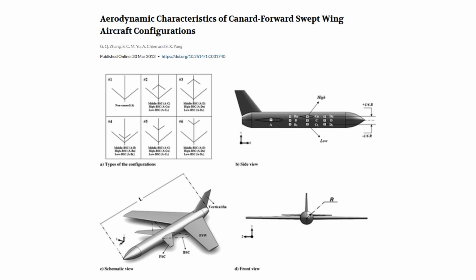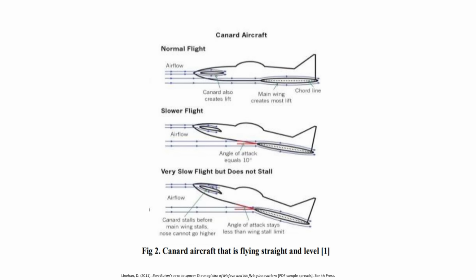The requirement for the canard to be the first wing to stall requires that the main wing never reaches its critical angle of attack. And because we can't hit this critical angle of attack with the main wing, and hence cannot hit the CL max of the main wing, we have to increase the wing area of the main wing to reach the same required lift without operating at too high of an angle of attack, all to avoid the deep stall without drastically increasing our stall speed due to the inability to induce the first pass design CL max